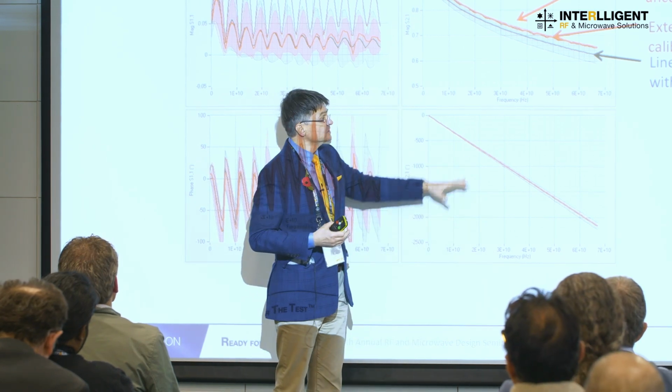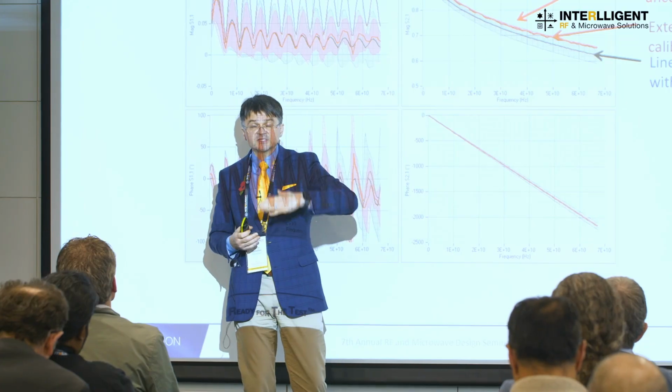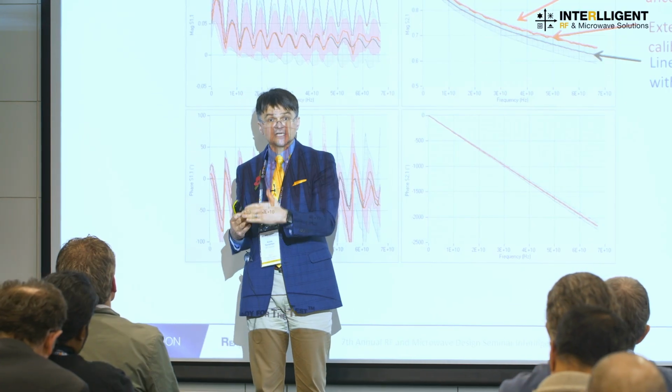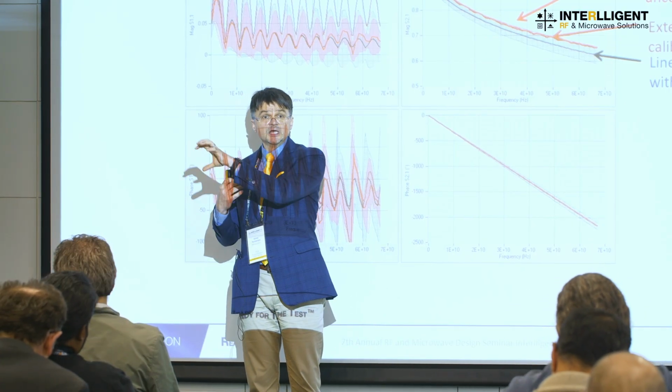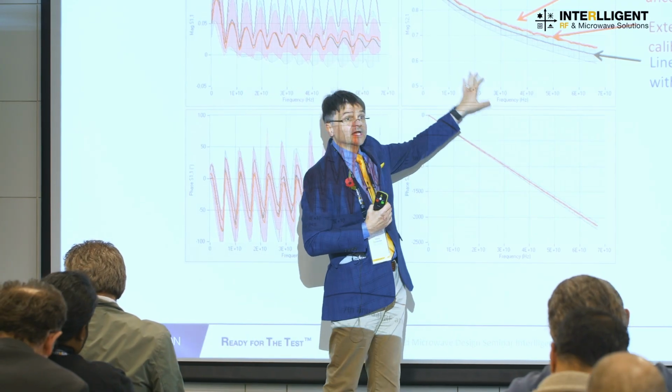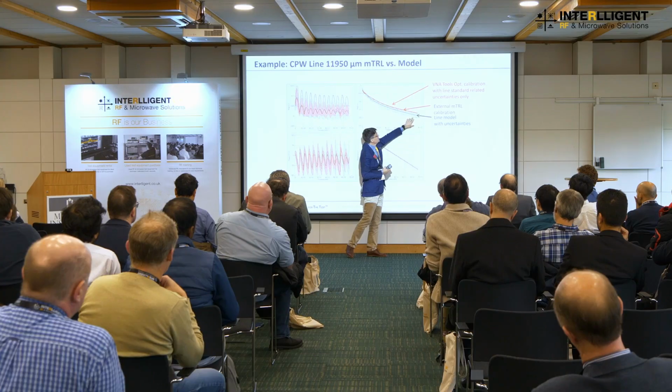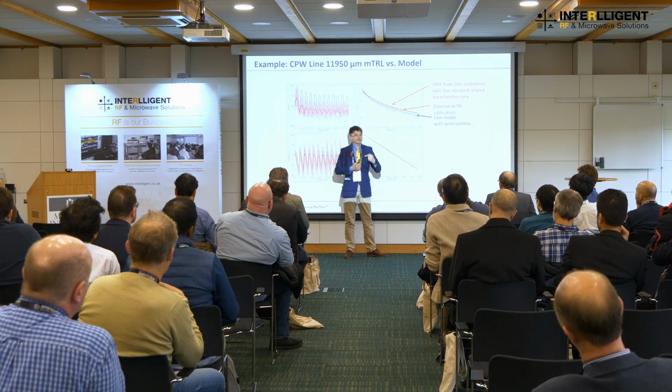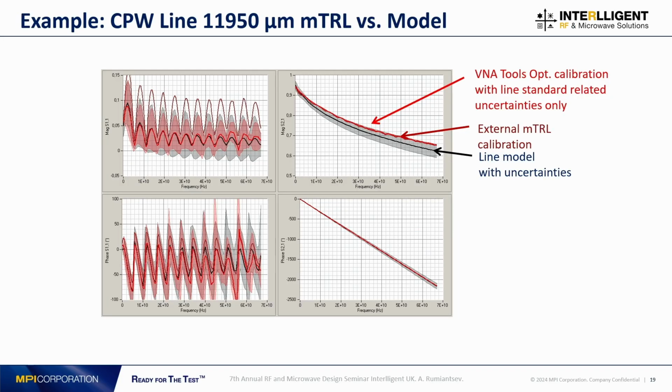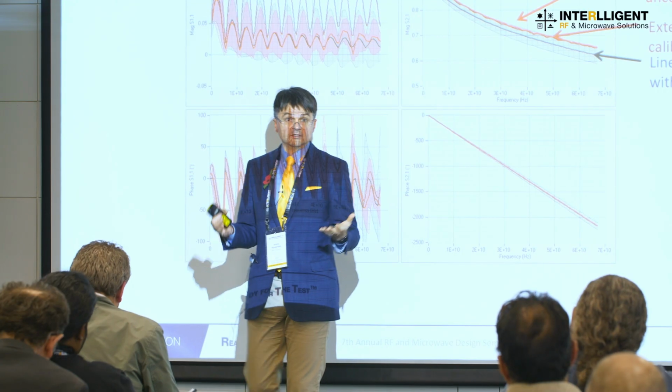So VNA Tools helped us to compute the possible uncertainty in calibration standards, and we used these input parameters to propagate it through the entire calibration process and plot here the expected measurement results for the transmission line, like insertion loss and return loss, with these uncertainties, and compare them with the measurement results obtained on the given